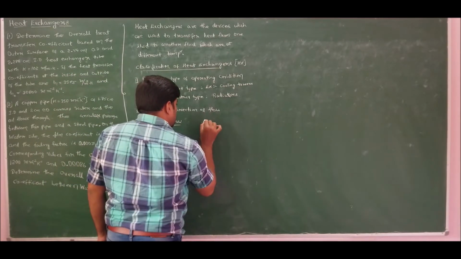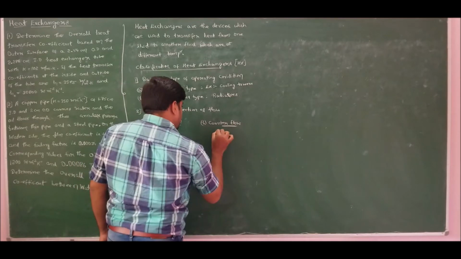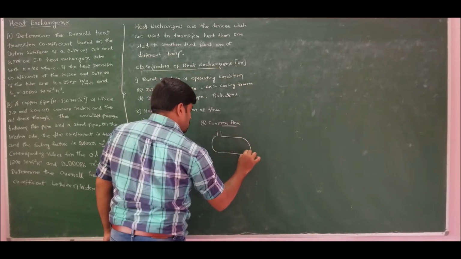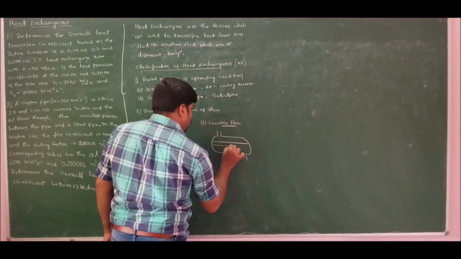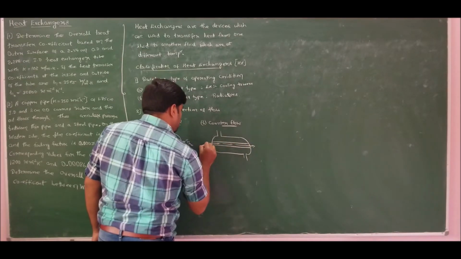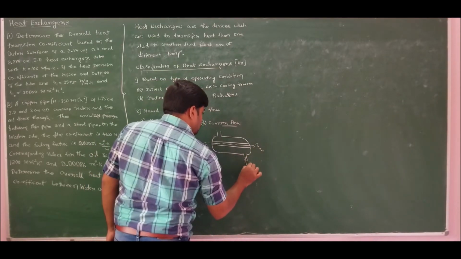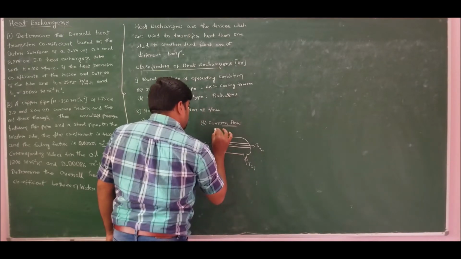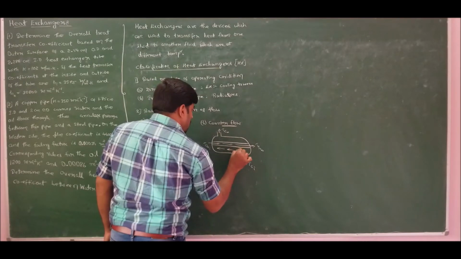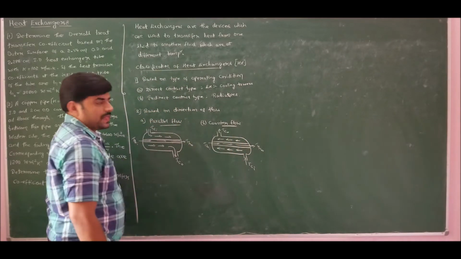Whereas if I consider a counter flow heat exchanger, taking the same shell and tube heat exchanger for better understanding, both hot fluid and cold fluid will flow in opposite directions. Let us consider the hot fluid flowing from left to right, with inlet temperature of hot fluid and outlet temperature of hot fluid, whereas the cold fluid will flow in the opposite direction, with T_ci and T_co. The cold fluid flows in the opposite direction to that of the hot fluid in the case of counter flow heat exchanger.